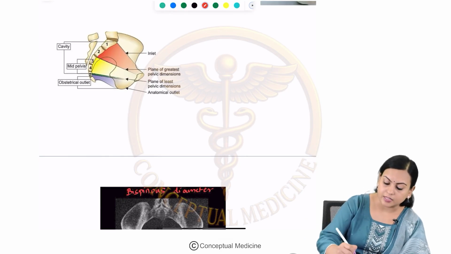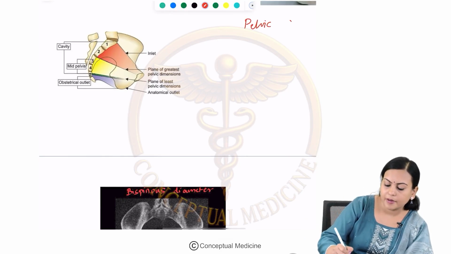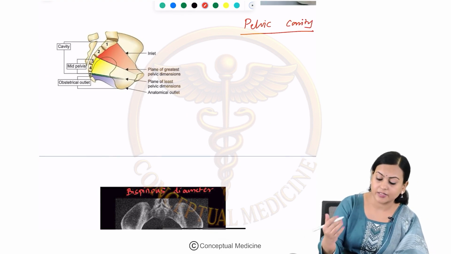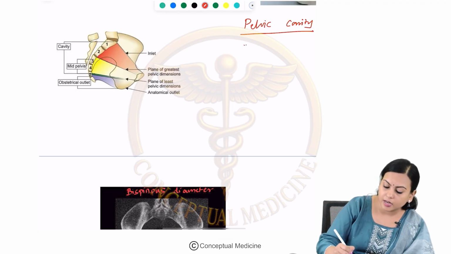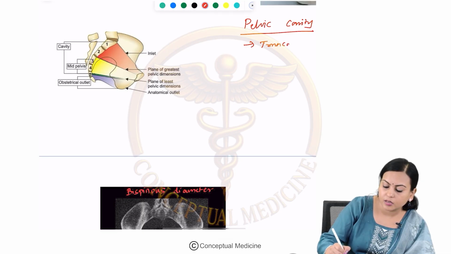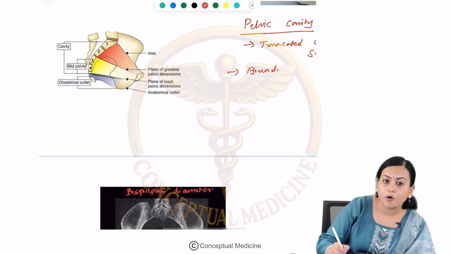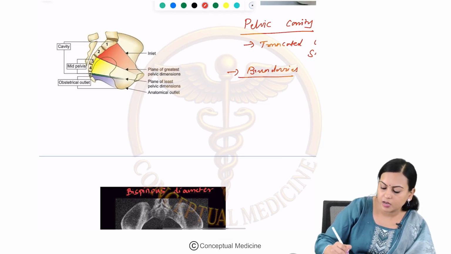Next, we are going to see the pelvic cavity. Pelvic cavity is basically a space that is located in between the pelvic inlet and the pelvic outlet. It is a truncated cylinder shape, and the boundaries are pubic symphysis anteriorly and